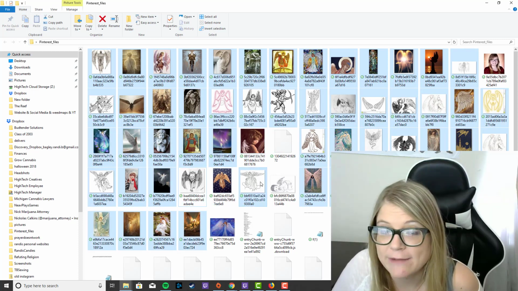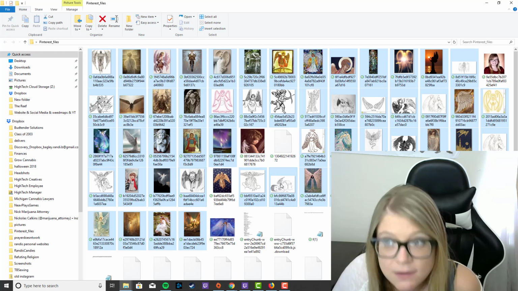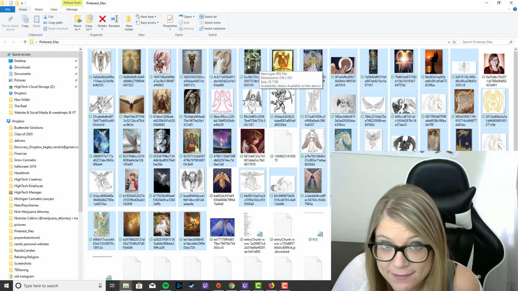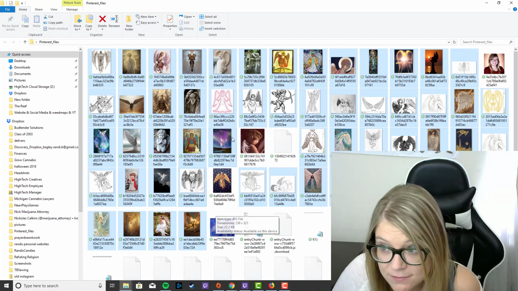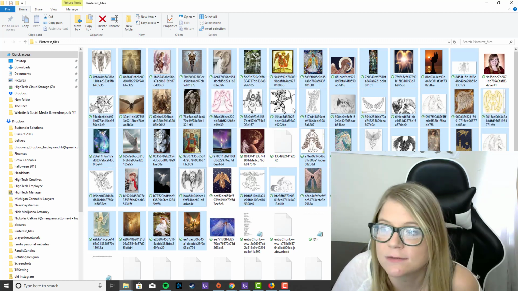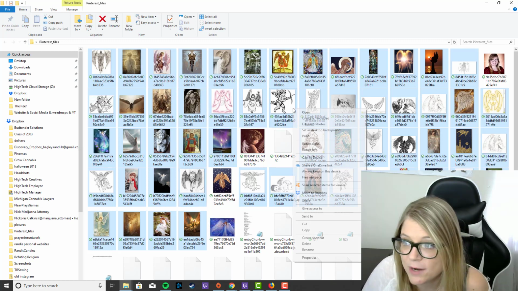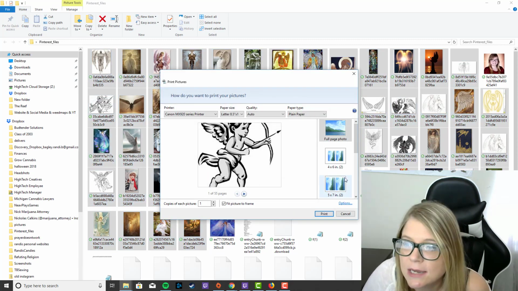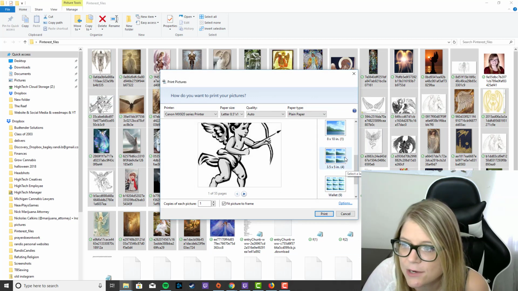Next, after you have held Control down the whole time and they're all selected, you right click one of the selected pictures and press print. This will bring up the print pictures selection, and then you can select to print all of these pictures in any way that you would like.